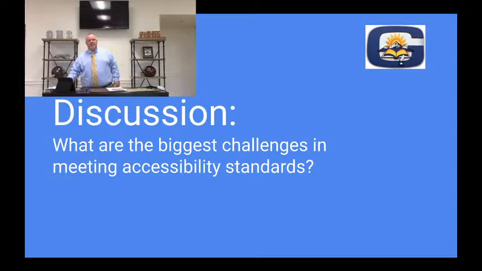So let's take a quick discussion here. What are the biggest challenges in meeting accessibility standards? Accessibility standards, it's always a difficult thing, especially as a designer myself.